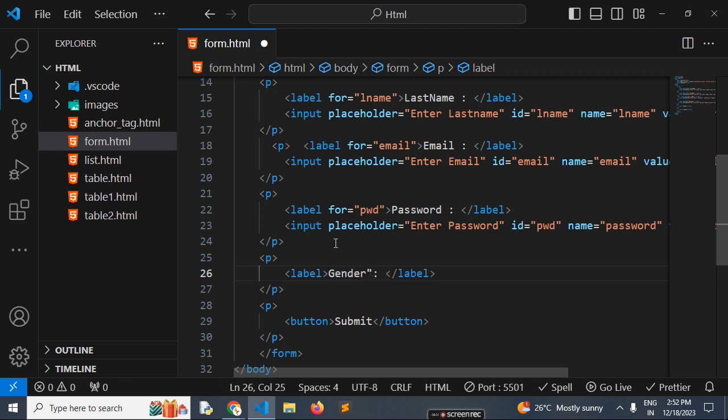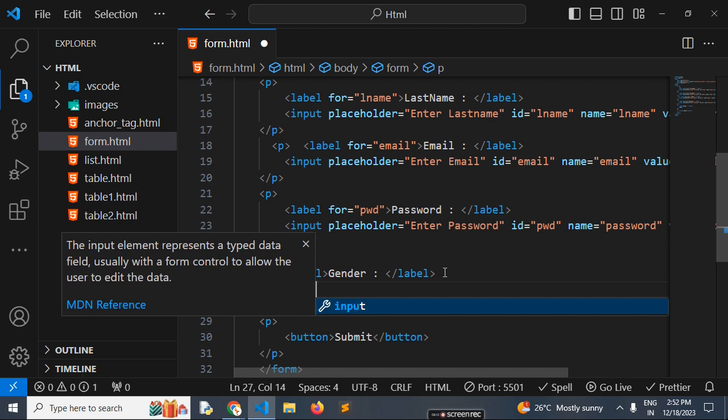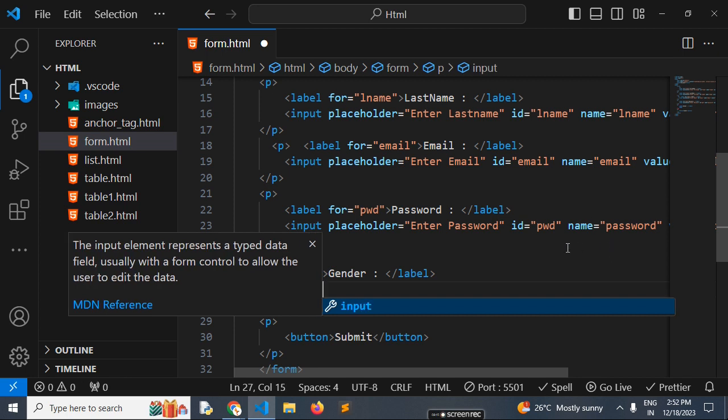So if we want to select only one choice from multiple choices, that time we can use a radio button. Same as using an input text box, we just need to change the type. So here also I need to add